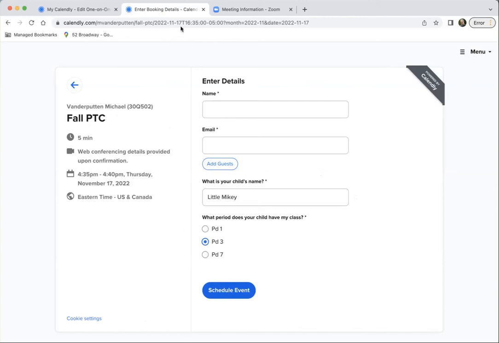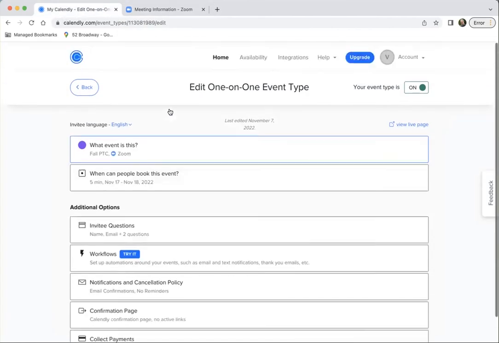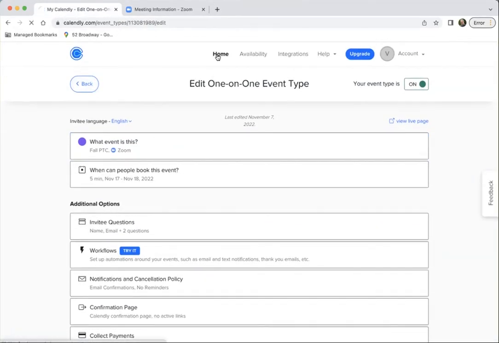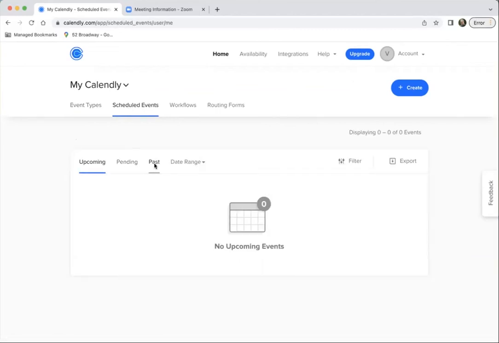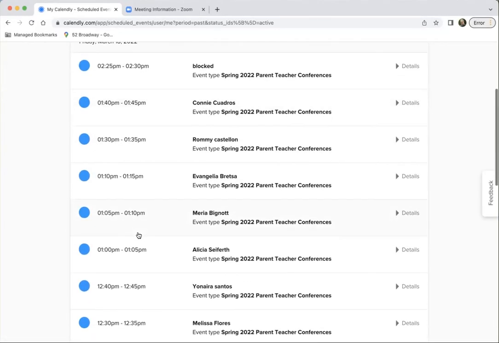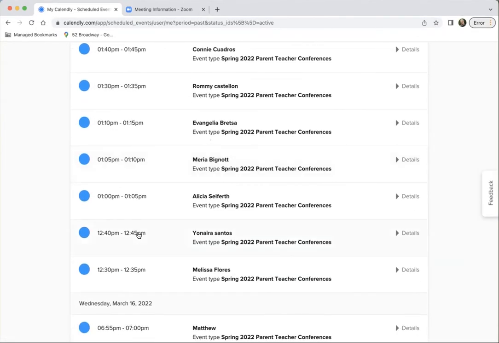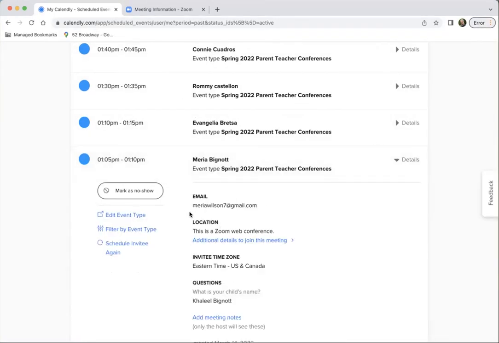And then when I hit schedule event, let me show you where that would go. Okay, it's not going to appear right now because I don't actually have any events. So I'm going to click back on my home. I'm going to go to scheduled events. I'm going to look at my past. And what you'll see is this. This is the parent-teacher conference we had back in the spring. So what I start getting is this list of parents' names and all this, and I can twirl it down and see the details. And I can see that's their email